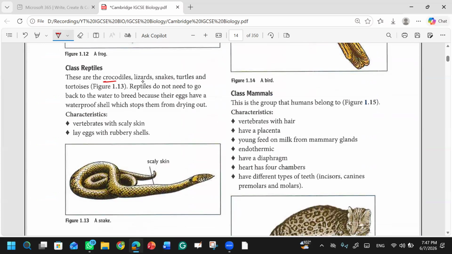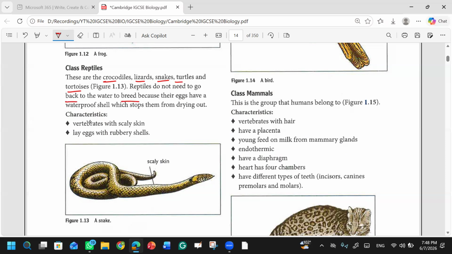These are the crocodiles, lizards, snakes, turtles, and tortoise. What is common in them? How do they move? Snakes crawl on the ground, and lizards stick on some place, like the wall. Crocodile, turtle, tortoise, they are different, but reptiles do not need to go back to the water